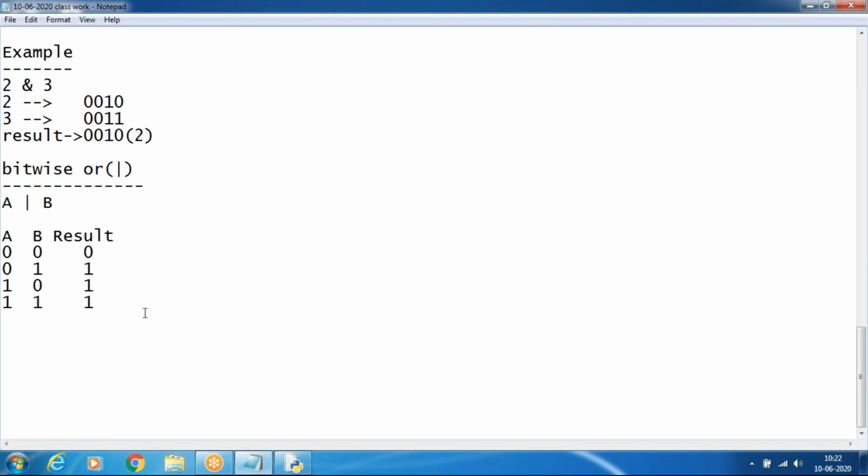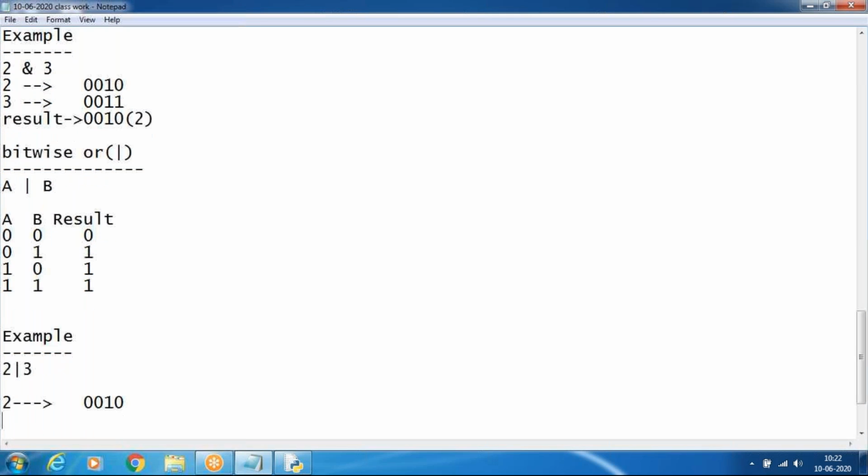So we'll see in the same example. I will use 2 or 3. The binary value of 2 is 0 0 1 0.